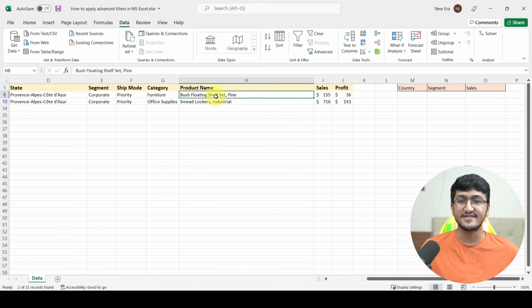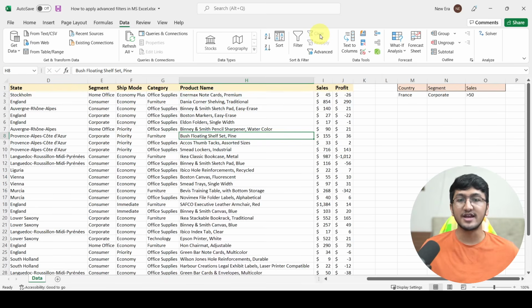Now, as you can notice, you do not have a drop down where you can simply click on the option of clear filter to clear the filter. So how do you actually go back to your original data and clear the entire selection? Very simple. Again, you have to go to the data tab and right here, you will have the clear button. Click on the clear button and you will be back to normal. So this is how you can apply advanced filters